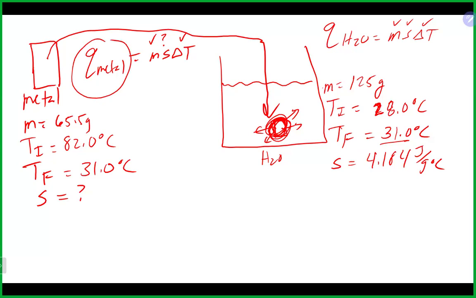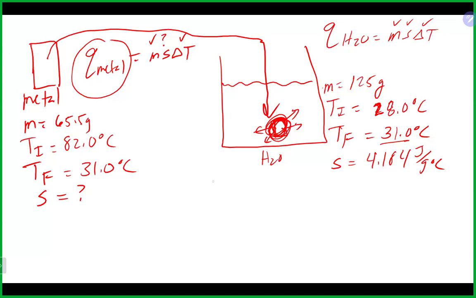So because we could figure out how much energy was absorbed by the water, we know that that should be the exact amount of energy that was lost by the metal, as the metal is the only thing that went for a swim, and it should be the only thing that will cause that temperature change to occur basically in the water. So this is a very common process. You basically just monitor the water's temperature change. We now can just simply use our specific heat equation here to first figure out how much energy the water